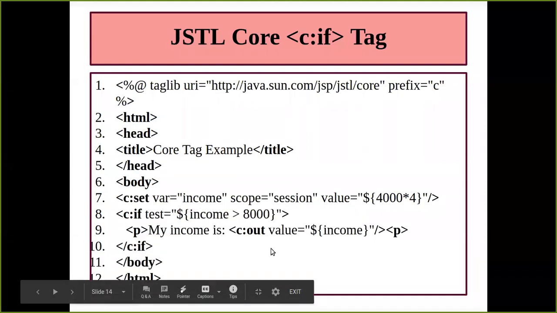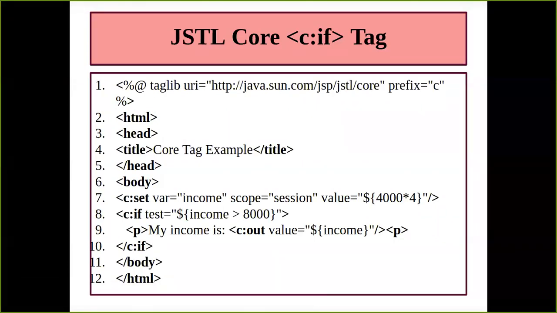Fine. Again, inside your core tag we have the if tag. C colon if tag. So till now, out of 5 main tags, we are learning the first one, that is your core tag. We know the URL for the core tag, we know the prefix for the core tag. Till now we have learned about the out tag from the core tag, we have learned about the import, we have learned about the set. Now we are learning about the if tag. We all know why we make use of if, because it is like a condition we give, and if the condition gets satisfied, accordingly the value is going to be printed.